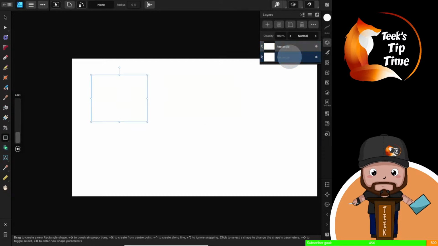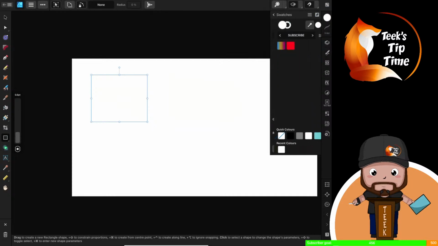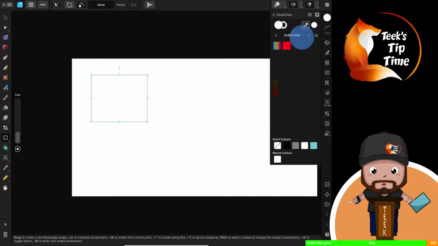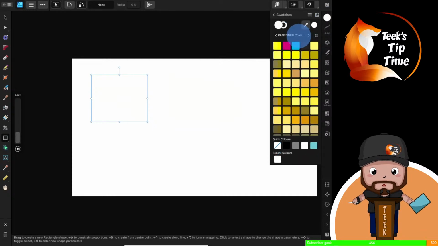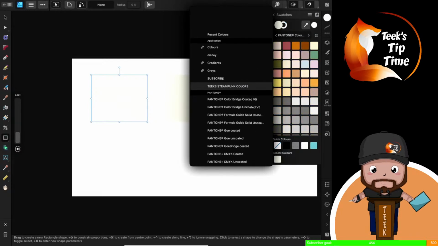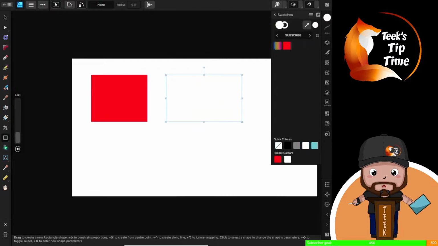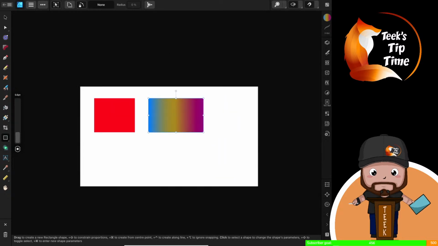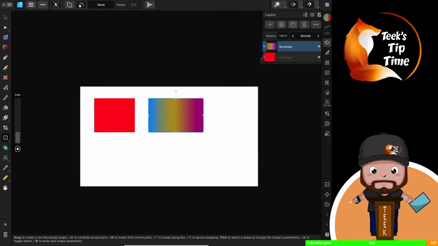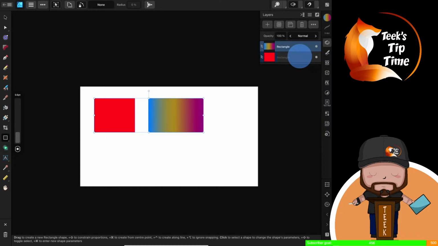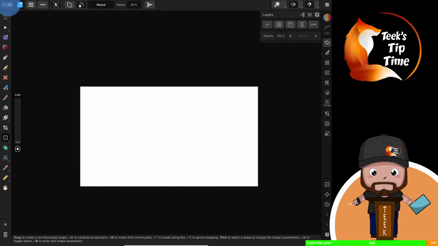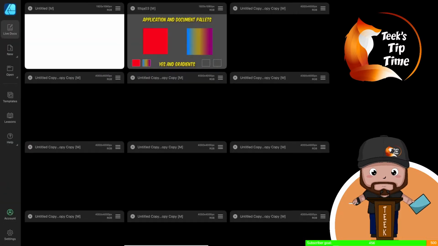And I want number 1 to be that red. So I'll come in there, go into swatches, and you'll see it's already selected. But just in case it isn't, it's there on the application, just there. So if we wanted the first rectangle to be red, and the second one to have that gradient, there it's done. Just delete these, because we'll use them again next time. Just come out of there, delete that